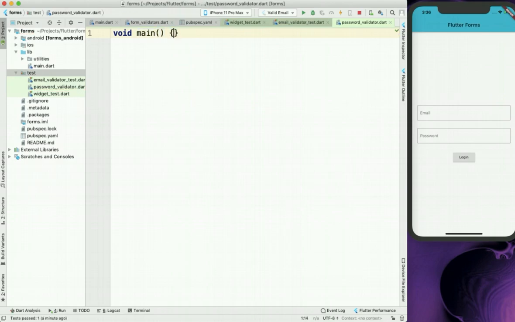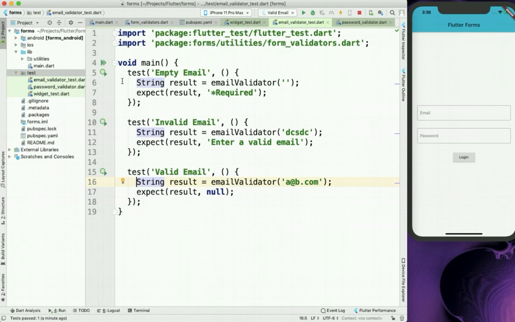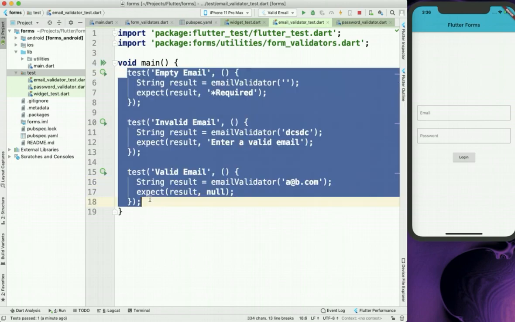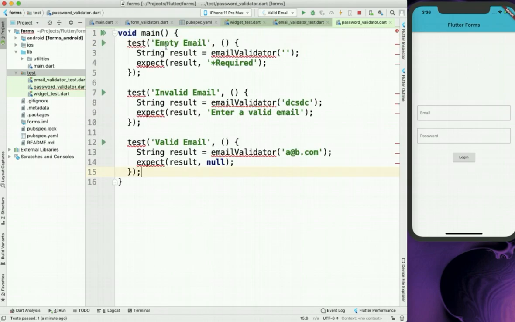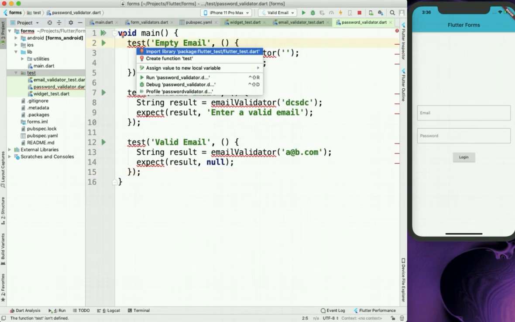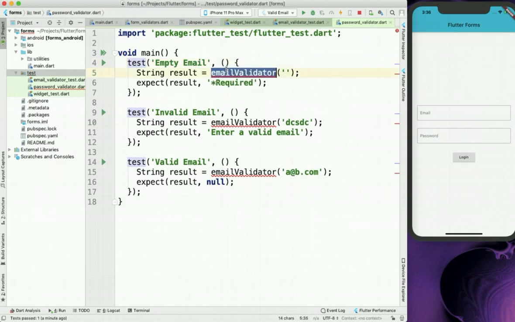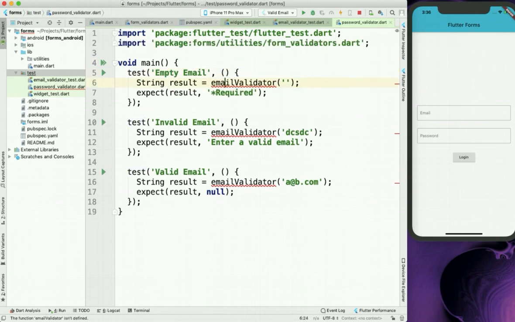I will quickly type all these things so you don't have to wait. Instead of email validator, we will use password validator.